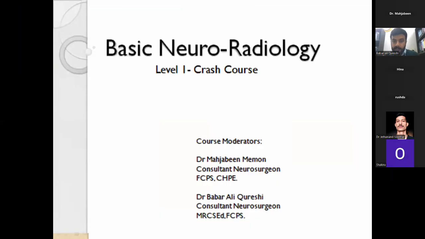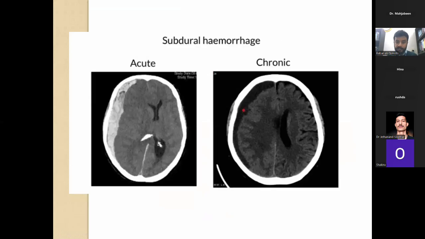This is the fifth topic overall from the CT scan. Before starting the actual topic, there was a question from Dr. Jethanan. Just to differentiate between the chronic and the acute subdural hematoma or bleed, basically on the CT scan, we can see here on the right side the bleed